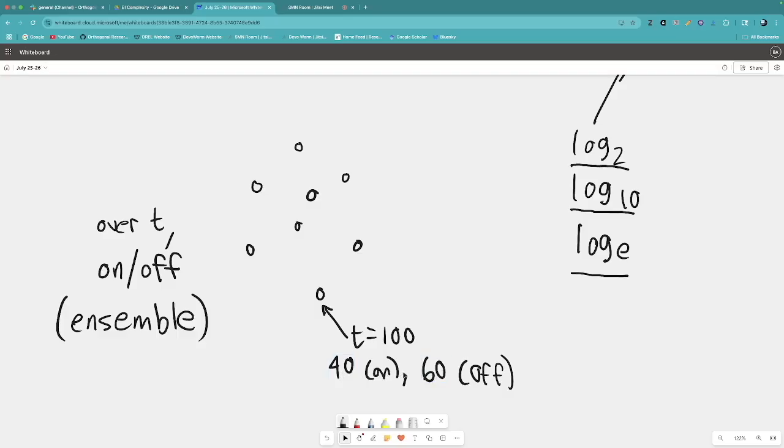If we have 50 on and 50 off, that's the maximum amount of variation over that time interval. So it's on and off basically at random. If we have 40 times on and 60 times off, that means it's off more than it's on, and that means there's less variety in terms of it being switched. So that's basically how this works.